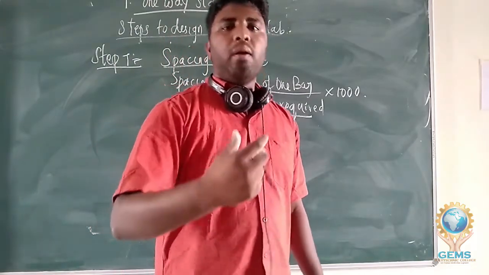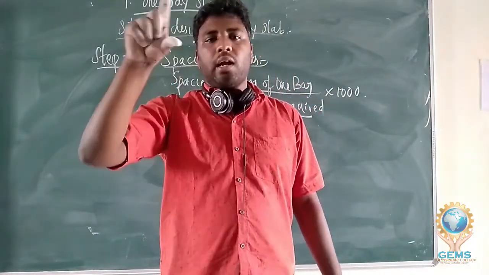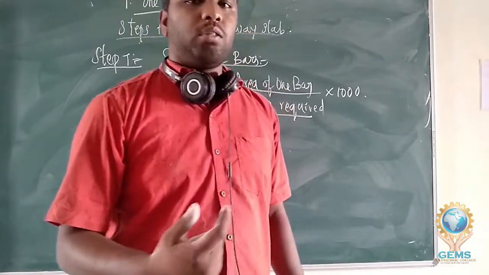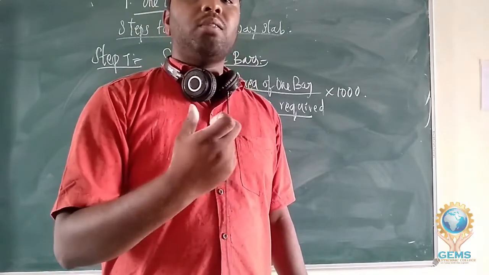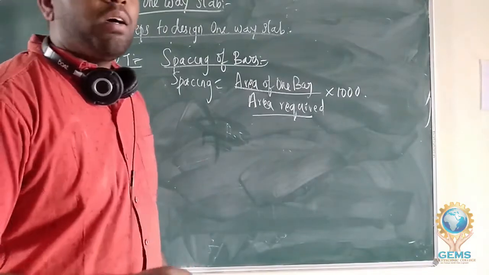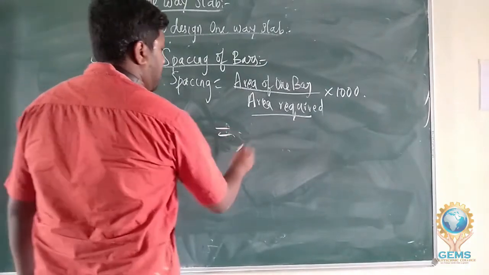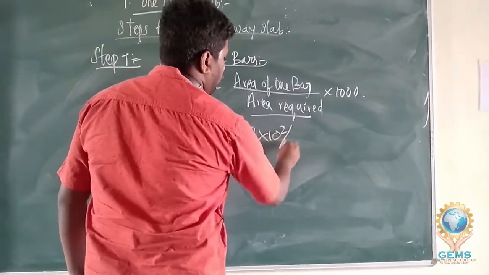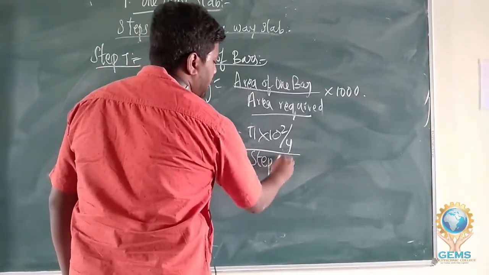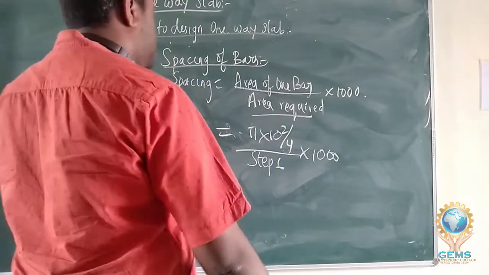So there is a table for taking the area of steel, diameter of steel bars. There is a chart. Using the chart, you engineers must take the bars. According to the bars, the number of bars will increase. I will explain while we are calculating the problems. For example, we are taking 10 mm bars. So pi into 10 square by 4 is area of one bar, divided by area required, which you calculated in step number 6, into 1000. So you will get the spacing.